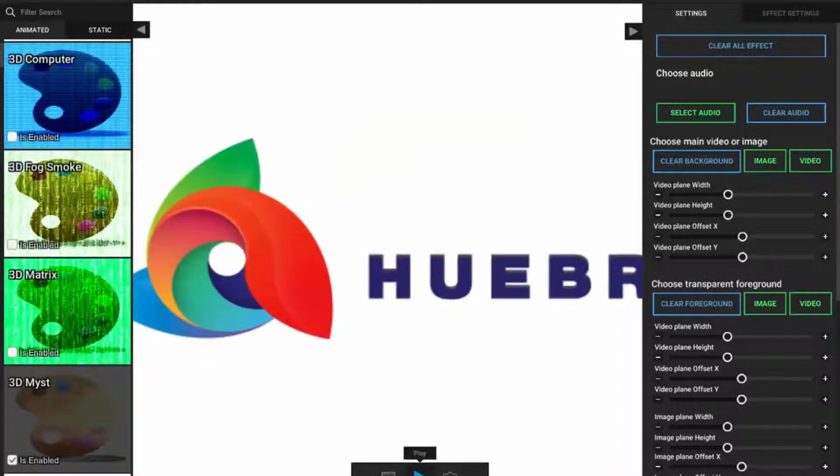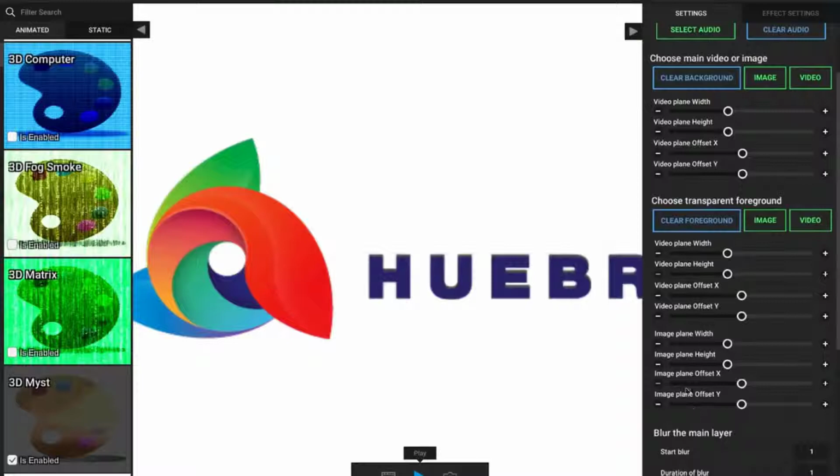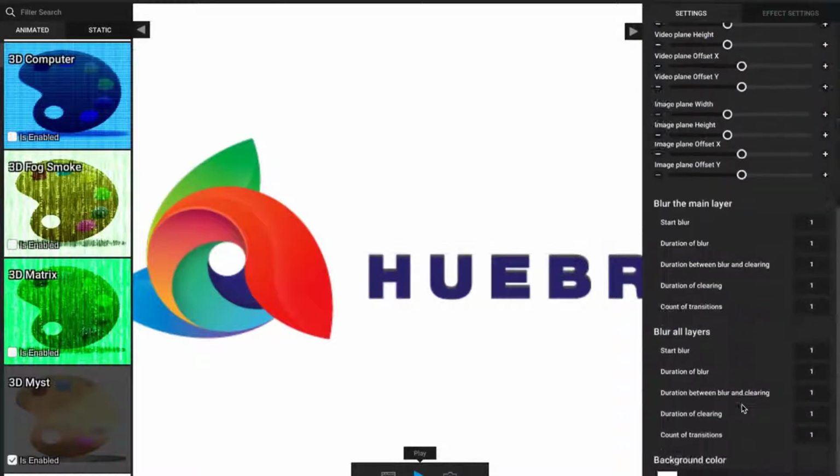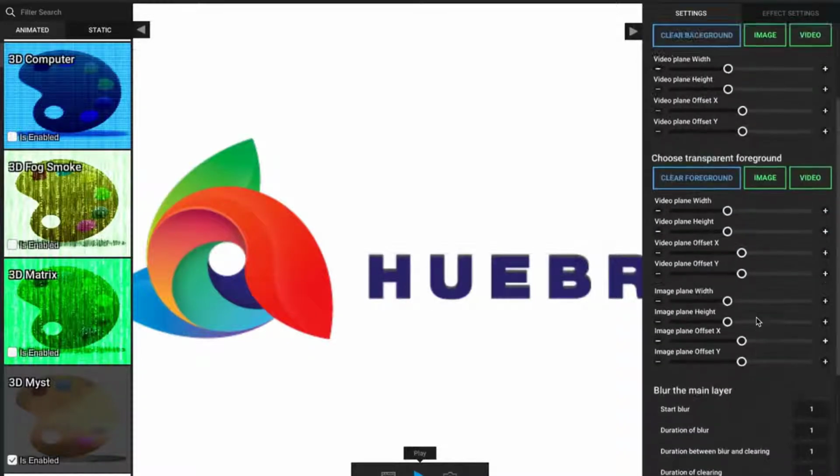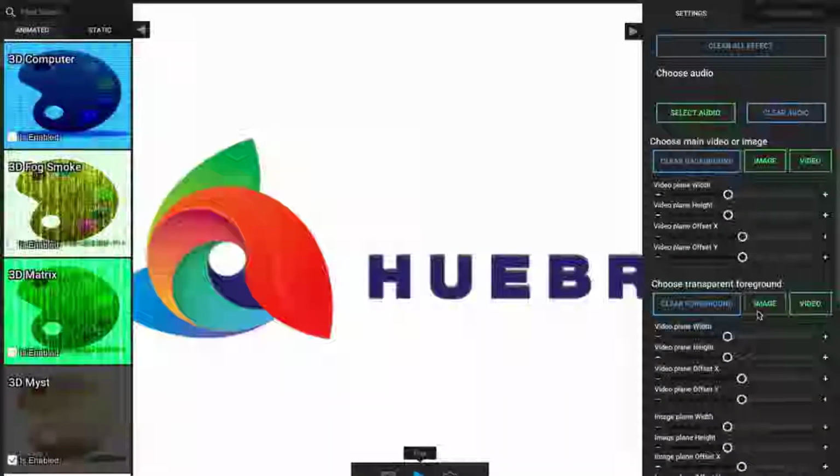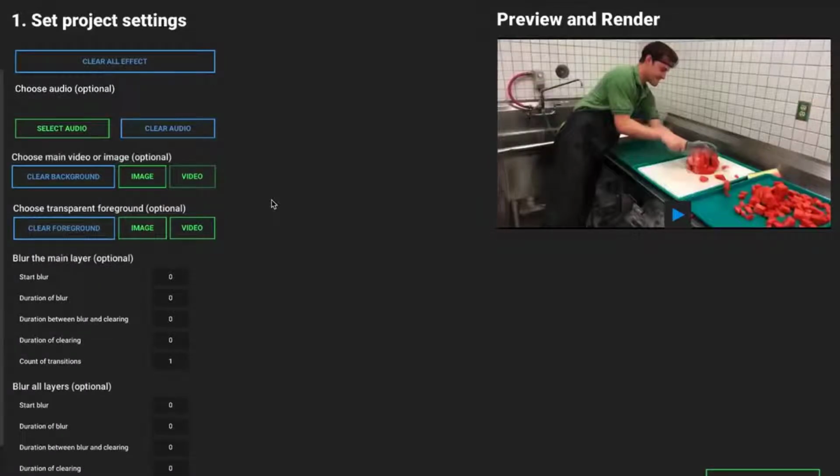So I click on play. We have the same filters selected, but now I can move around my images, my videos, and all those extra settings that we didn't have inside of the basic wizard. Now what I'm going to do is jump back to the basic wizard, and now I uploaded a video